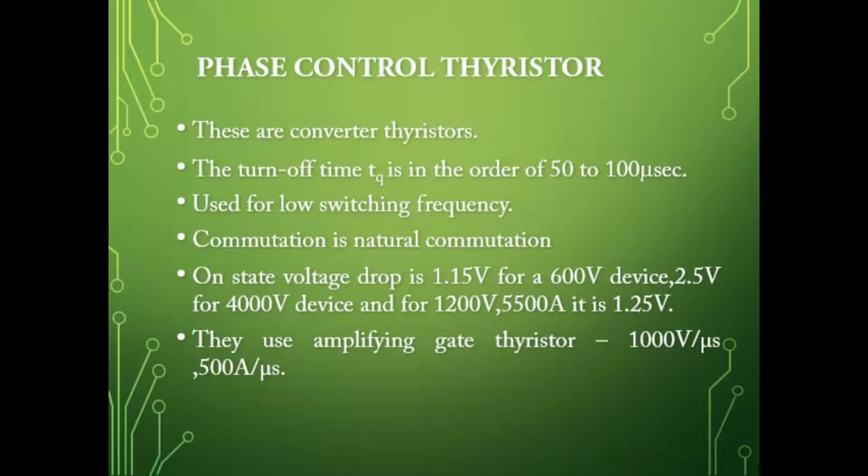First, coming to the phase control thyristor, as the name implies, this type of thyristor operates at the line frequency, that is, with an AC supply. Once the supply is AC, obviously it will turn off on its own. That means the process is nothing but natural commutation. We know how the thyristor is going to conduct. There are different turn on methods, but the mainly used one is